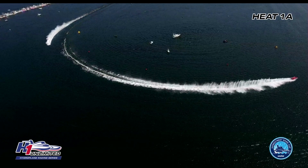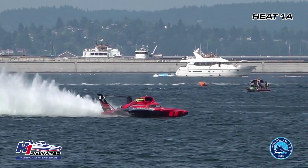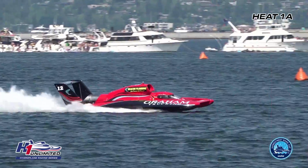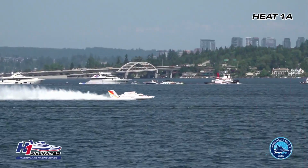Absolutely. So coming off the top end of the race course, J. Michael Kelly's going to swing out a little bit wide. He will look to his right and to his left. He will see the checkered flag. In any form of motorsports racing, that is the goal, a checkered flag. J. Michael Kelly flies. The U12 Graham Trucking presents Beacon Plumbing, home of the first place finish, unofficially, in our